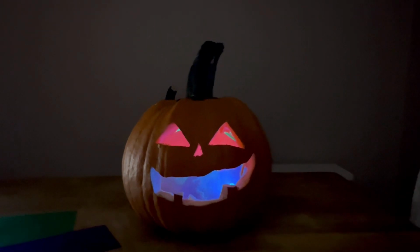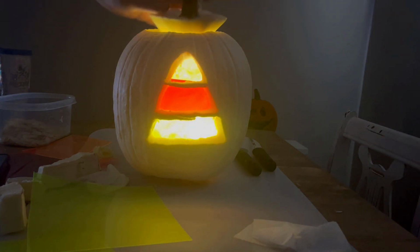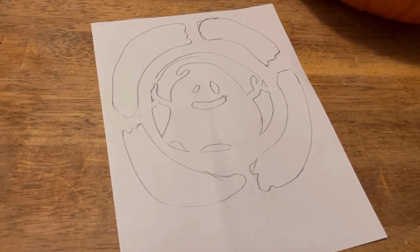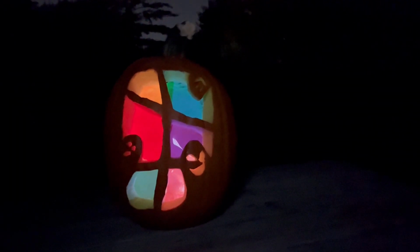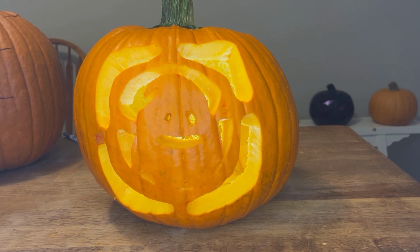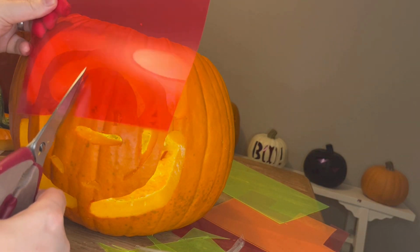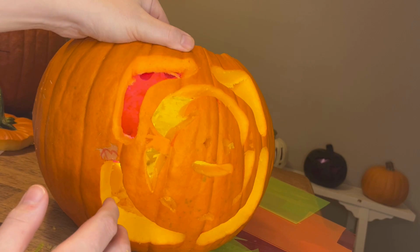You put a few of these together with different colors, and it makes for a really striking display. Now, we are going to start looking at more difficult patterns, more colors, smaller windows with smaller gaps between. I find that the biggest bang for your buck is going to be pumpkins that have 5 to 6 larger window panels. When cutting the gels for these harder pumpkins, you will need to trim many times to get the